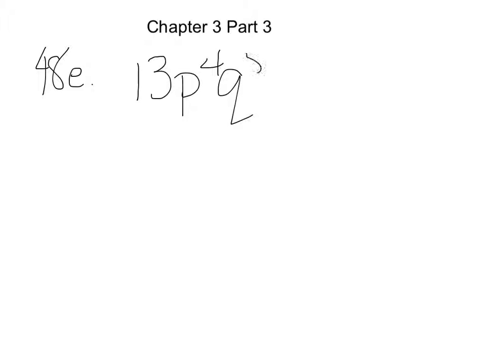In Chapter 3, Part 3, we just practiced with more of the exponent rules. So I'm going to do a couple of examples from class that seem to give people the most trouble. Let's take a look at number 48E. This is from the Chapter 3 notes, and it's 13p to the fourth, q to the fifth, over